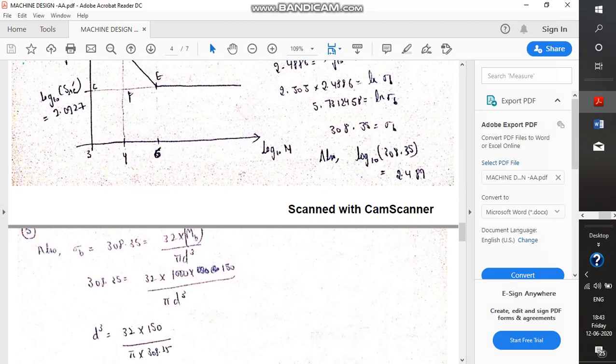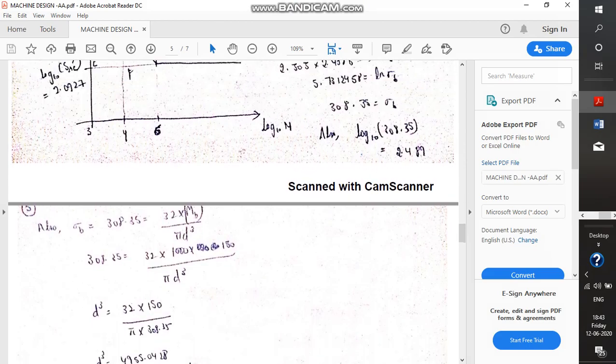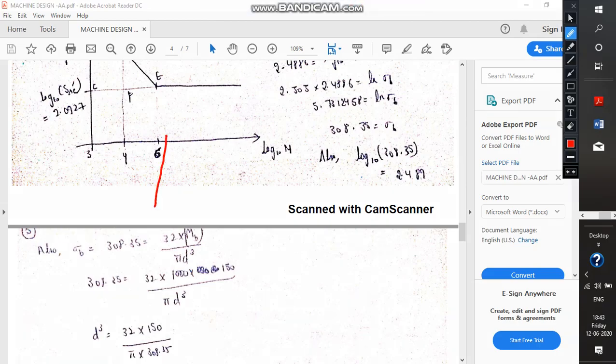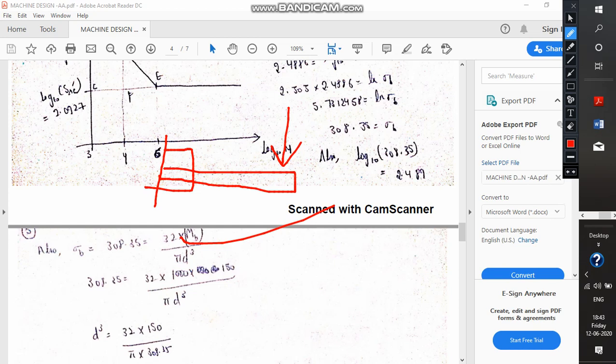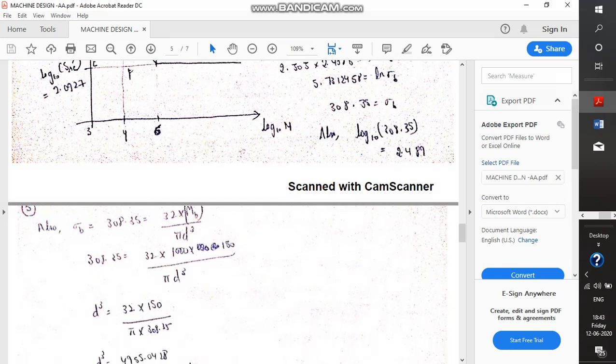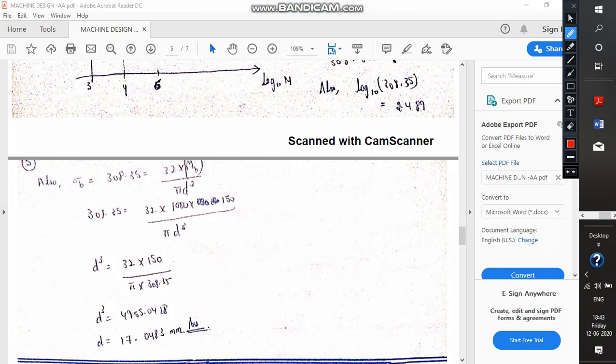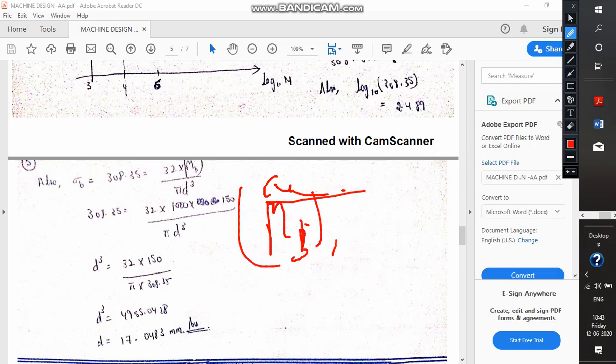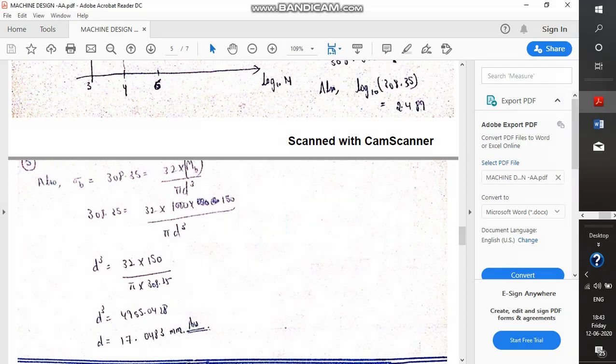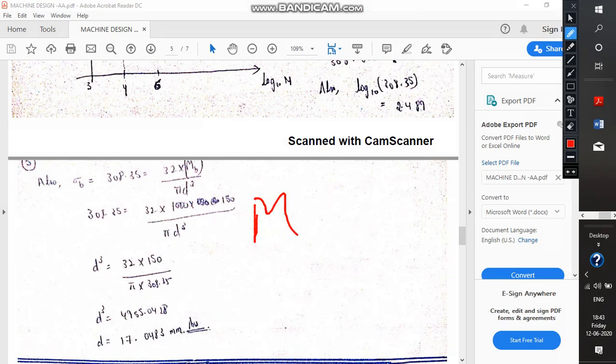Now what actually is sigma B? Sigma B is actually the bending stress. It is nothing but the bending stress which we have taken. And what is the value of the bending stress? It is 32 MB divided by pi d cube. And what is MB? In the case of the bending stress, in the case of the completely reversed stress, it is going to be the amplitude stress, not the mean stress, because the mean stress will be 0. So it is not MBM, it is MBA, because MBM is 0 in this case. It is MBA, that is the amplitude one.